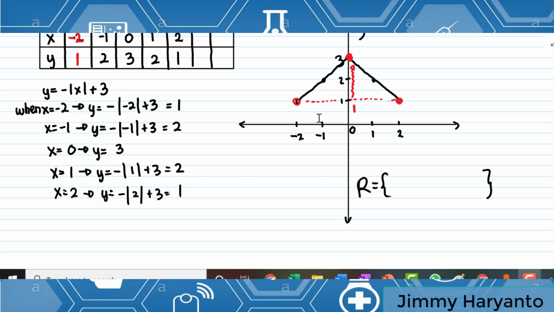If you have a blank dot and a colored dot on the same number, you have to choose the colored dot. Okay, so 1 has an equal sign on it, and the upper part is 3, so y is between 1 and 3 with equal signs on 1 and 3. That is for number 4a.